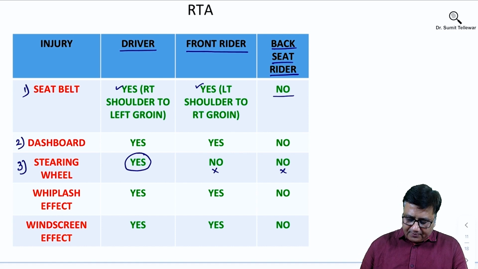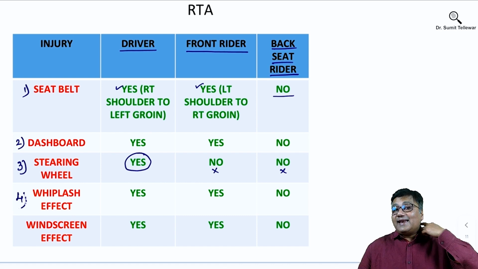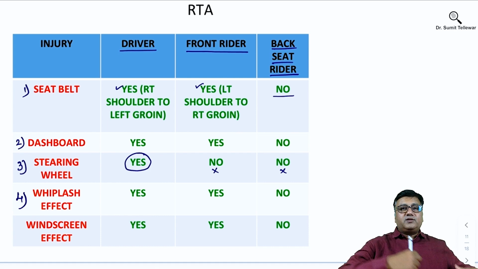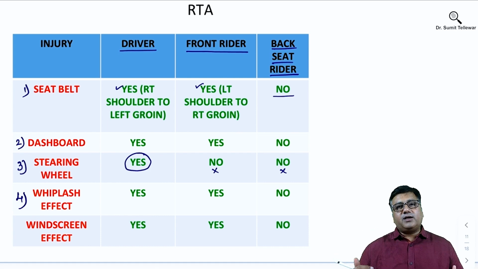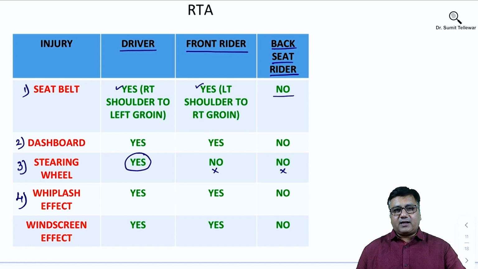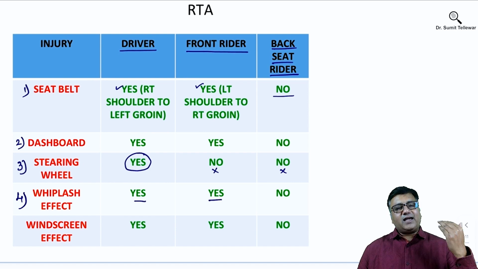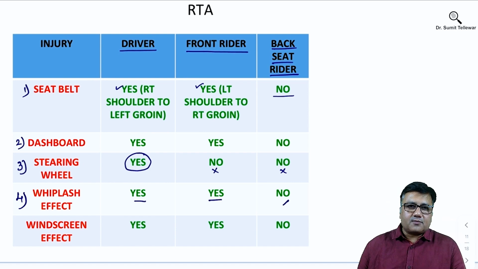Then next is whiplash effect. Whiplash effect on the neck because of the restraint of the body by the seat belt. Because two people are expected to be wearing seat belts, so whiplash effect on the neck is expected to be present in the front sitting people, but not in the back seat person. And last is